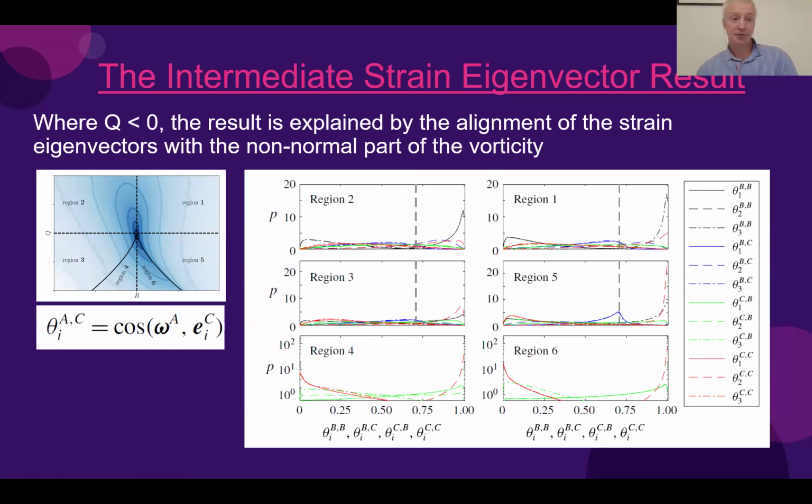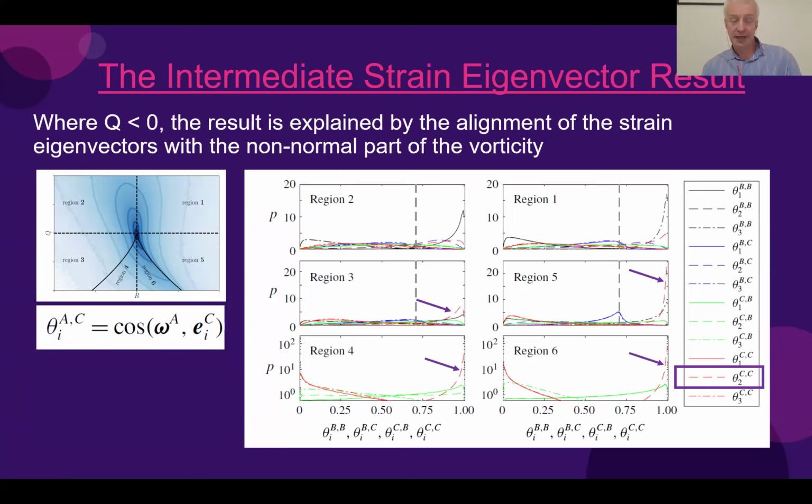So why does this result happen? Well, where Q is less than 0, it comes about because of this alignment of the strain eigenvectors with the non-normal part of the vorticity. There's a complete dominance on this diagram for regions 3, 5, 4 and 6 by this red dot dashed line,